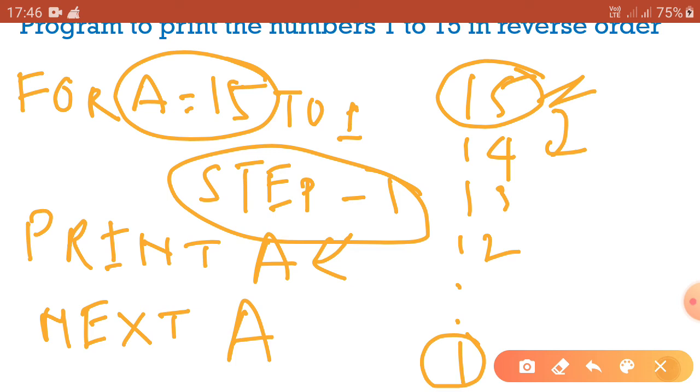Then the Print a statement will be executed till it reaches the end value of a, that is 1. The value of a gets decremented by 1 each time the loop is executed, as the step value is -1. Thus the numbers from 15 to 1 will get printed in reverse order, like that way.